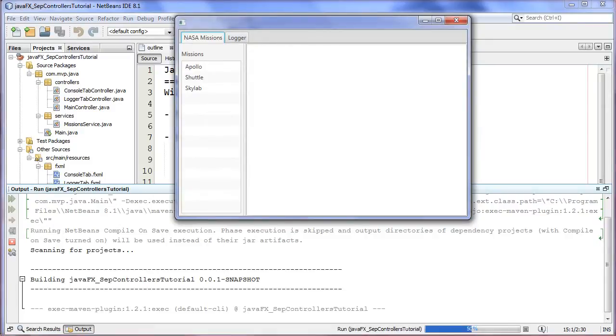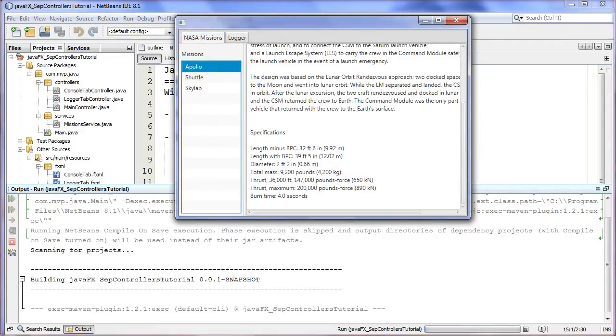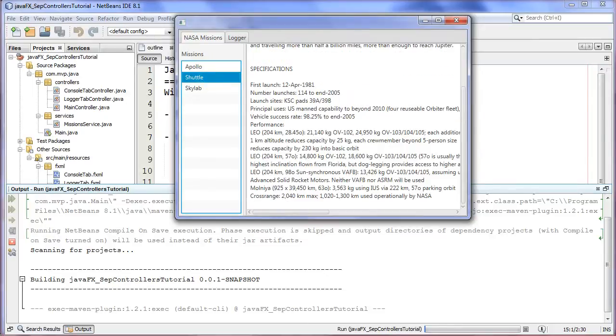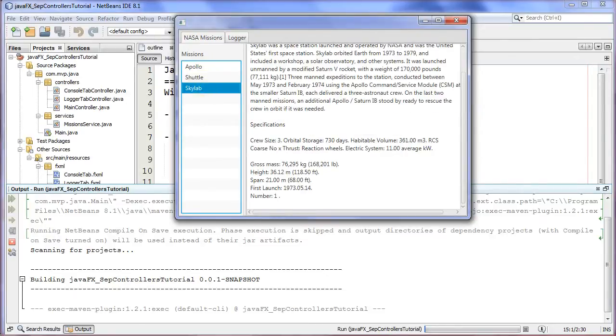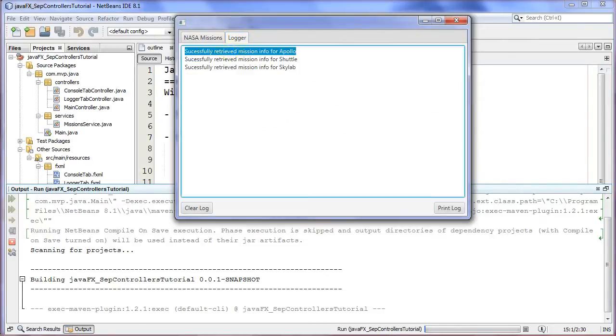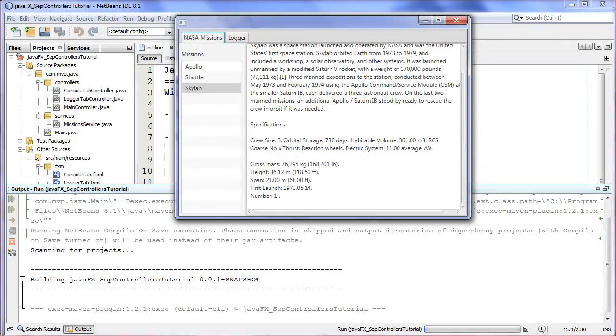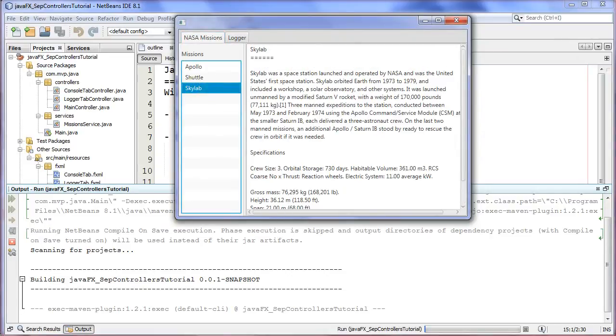It is a demo with two tabs, all right? So you've got a tab with NASA missions, you click on the mission, you get an update on that. And every time you click on a mission, the logger tab gets a log message. Okay, and it'll even get the stack traces if there's anything wrong. So obviously I've set it up so that every tab has its own controller. And the NASA missions tab needs to get a reference to the logger tab's controller in order to send that